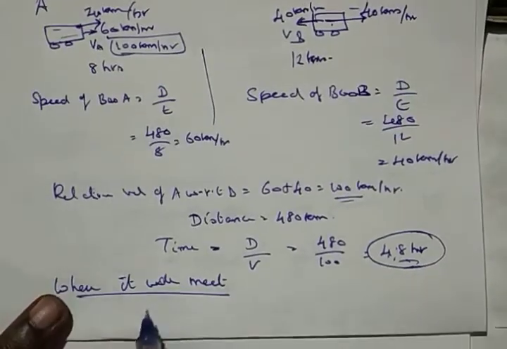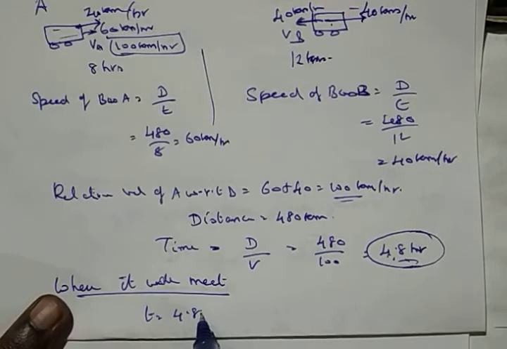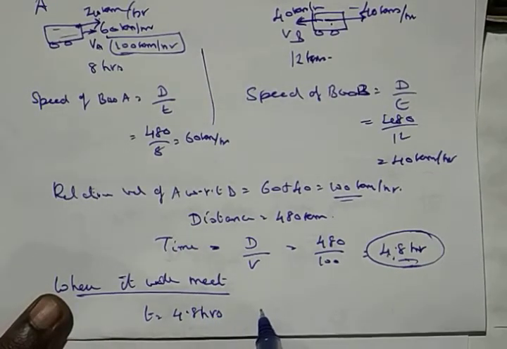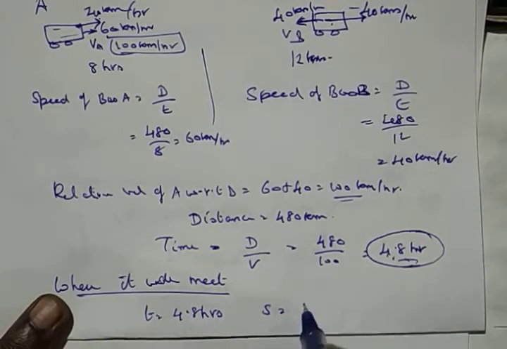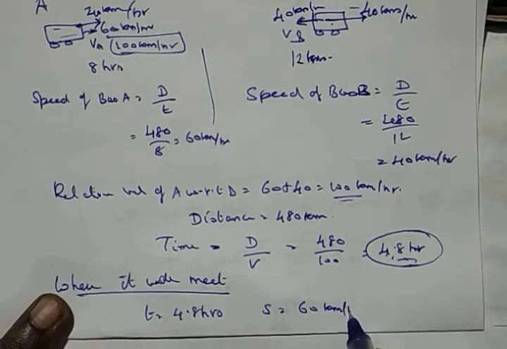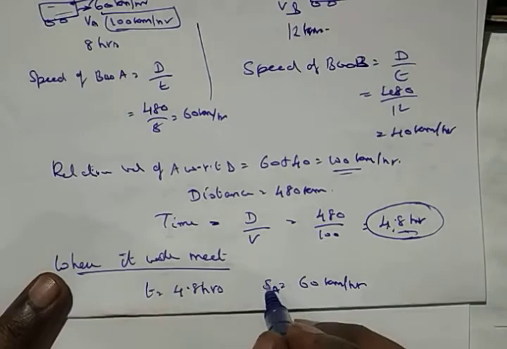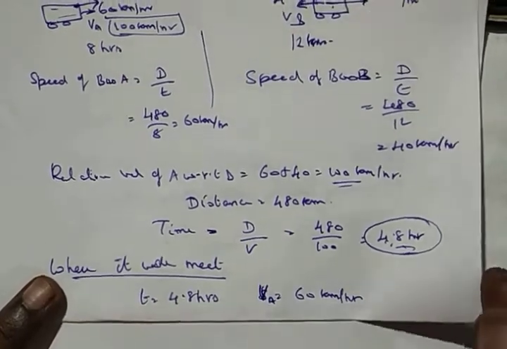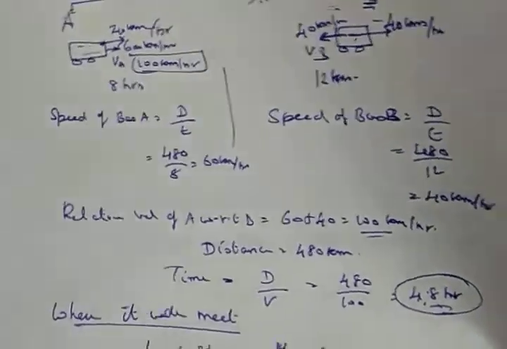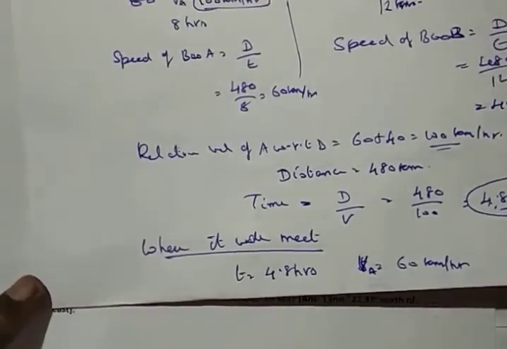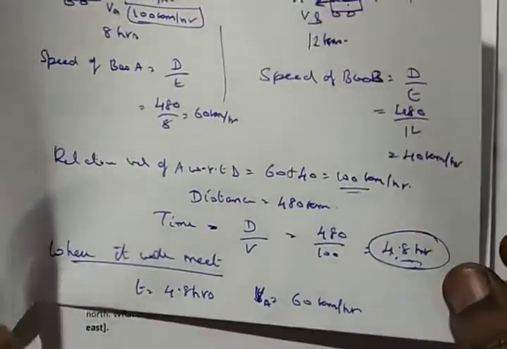So timing is going to be equal to 4.8 hours, and then speed is equal to 60 kilometers per hour for the A velocity, or maybe velocity A. And so you can calculate this one. So once you calculate this one, the distance traveled, how much distance it will travel, it is going to be equal to